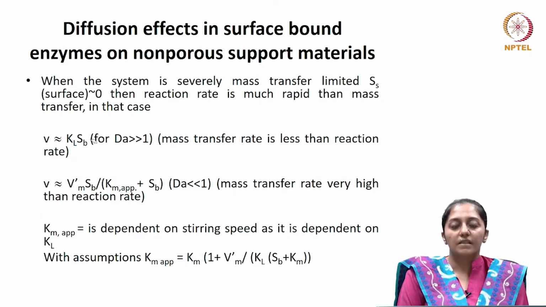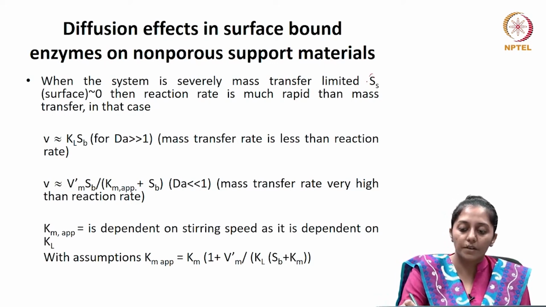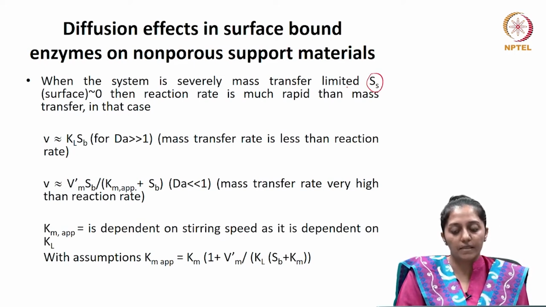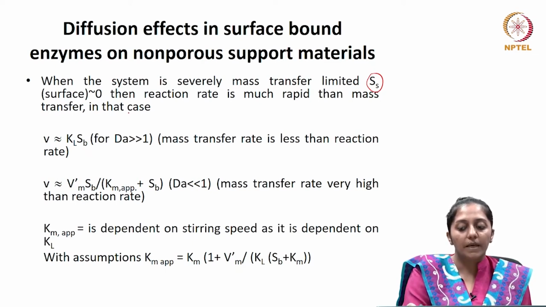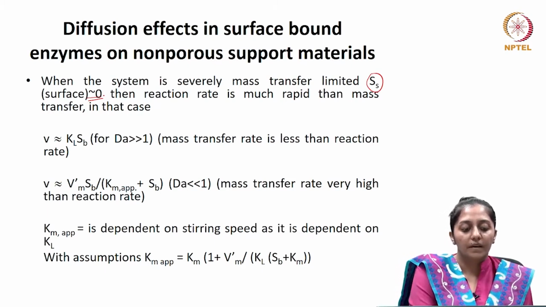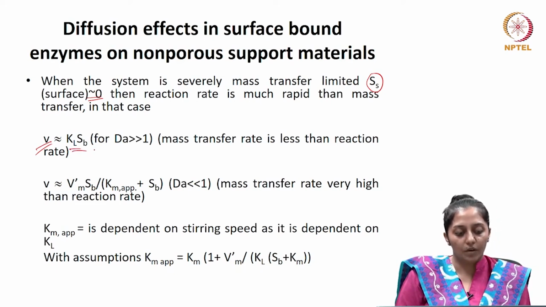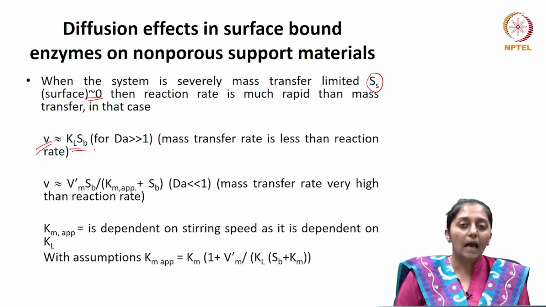Now, if this system is severely mass transfer limited, your S with a subscript S, which was the concentration of the substrate reaching the surface where the enzyme is bound or is attached, will become nearly equal to 0 because it is severely mass transfer limited. And then in this case, the reaction rate would be much more rapid than the mass transfer. And if that happens, then your reaction rate is being governed by the mass transfer rate, and the mass transfer rate will be the mass transfer coefficient multiplied by the bulk substrate concentration. This is the case when the Damköhler number is very high,